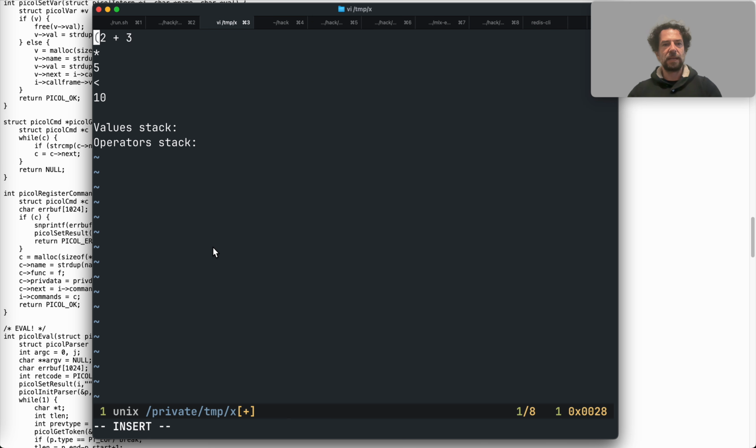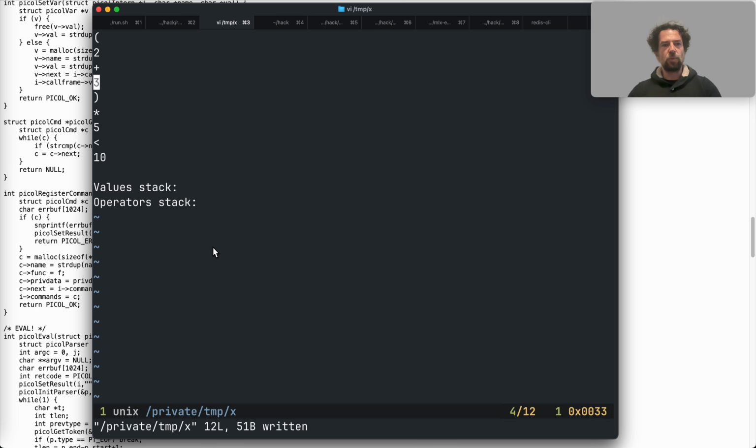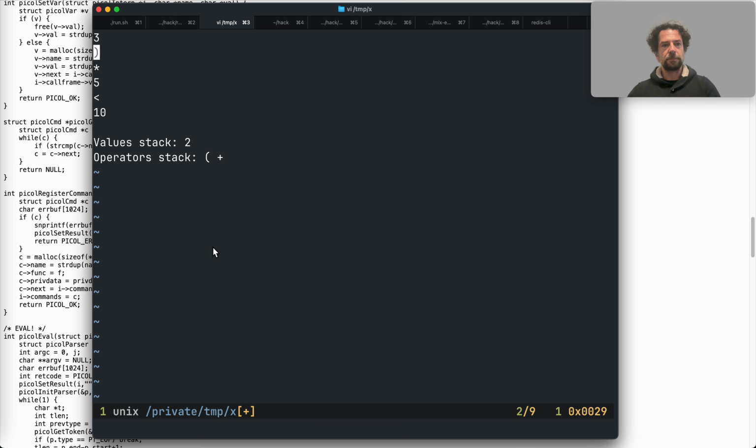Imagine that I have something like that. So this will force the addition to be made immediately, even if after there is the multiplication. So I tokenize again. What I do is I put my operator on the stack, then 2, then plus, because this is at the highest precedence possible, then 3,